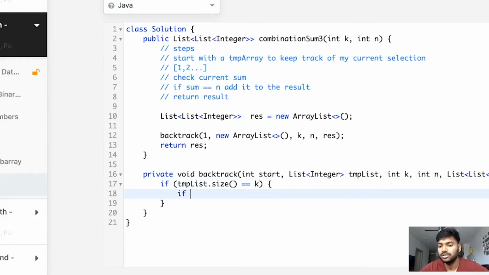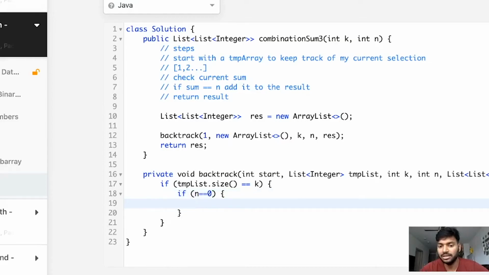So here what I'm going to do, either you can do sum of all these numbers and make it equal to n, or you can decrease n each time you add a number and check if n equals 0, right? So for example, for now I'm going to do n equals 0, right? And see here what's going to happen.